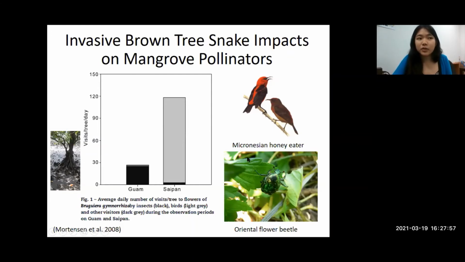Bruguiera has a special pollination mechanism where the flower gets triggered and it goes like poof and releases pollen. So it has to kind of trigger this. And the birds do that, but the authors didn't really see the beetles doing that. So that's concerning. There might be a reproductive bottleneck for our Bruguiera trees in the south due to the invasive